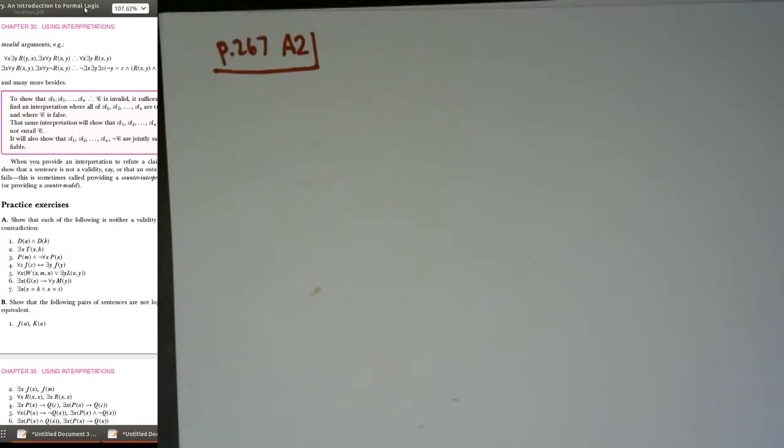Now a validity is the first order logic analog of a tautology, meaning a validity is something that's true in every interpretation, and a contradiction would be false in every interpretation. An interpretation,